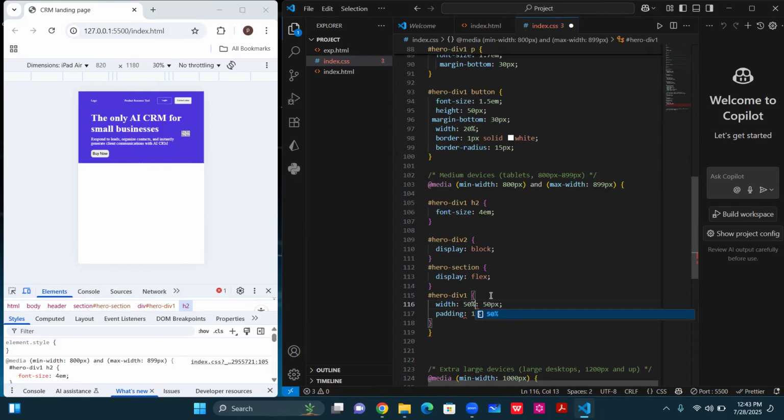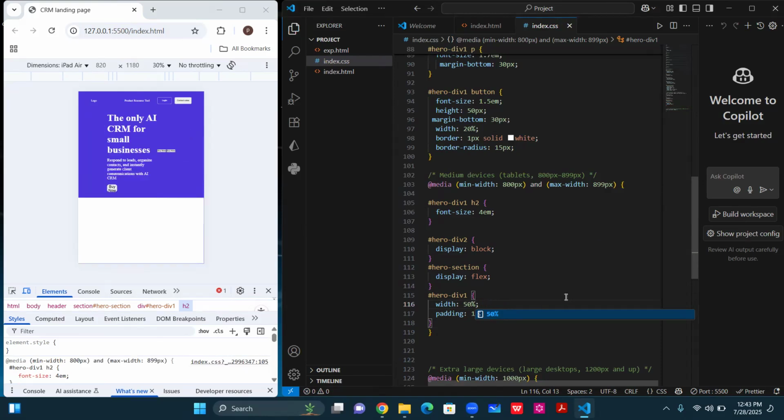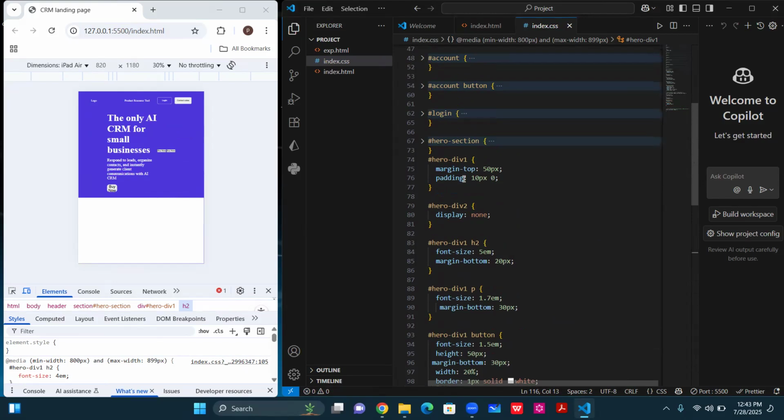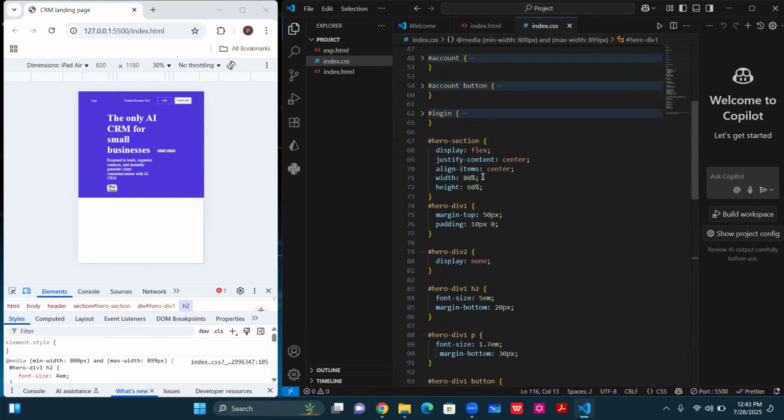Oh my God, sorry. Okay. All right. So now I will go back. This hero section, we didn't give it any width. Do we have? The hero section has width of 80%. Okay. So now the divs inside of it will be,